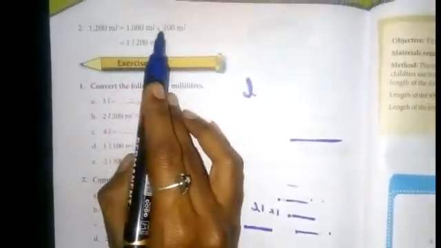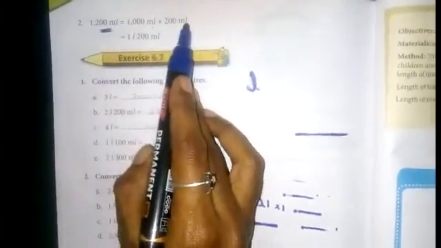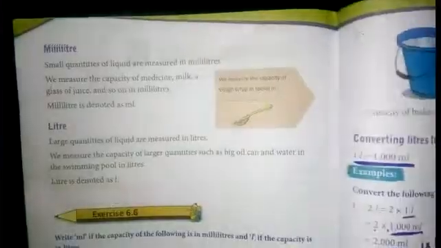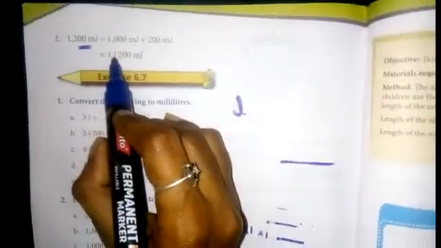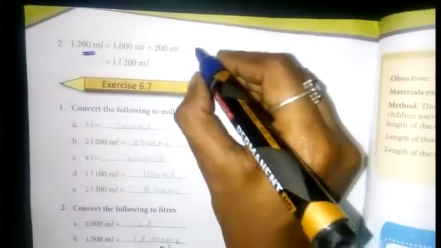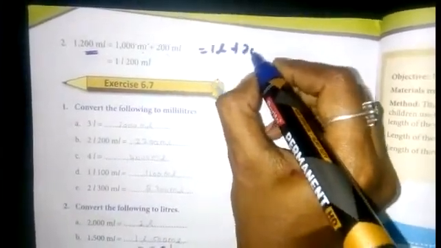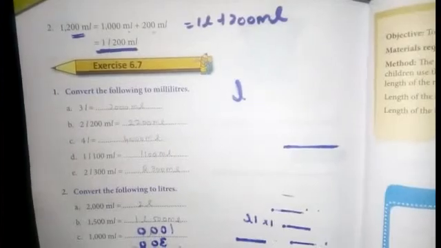1200 milliliter is given. Am I correct? So what you have to do first, you have to write 1000 plus this 200. You have to split into 2. So 1000 ml is equal to how much? Already you know, right? 1000 ml is equal to 1 liter. That's why you have to write 1 liter. Then this 200. 1 liter plus 200 milliliter. So that's why you are writing 1 liter 200 ml. Understood everyone? Understood? Okay.